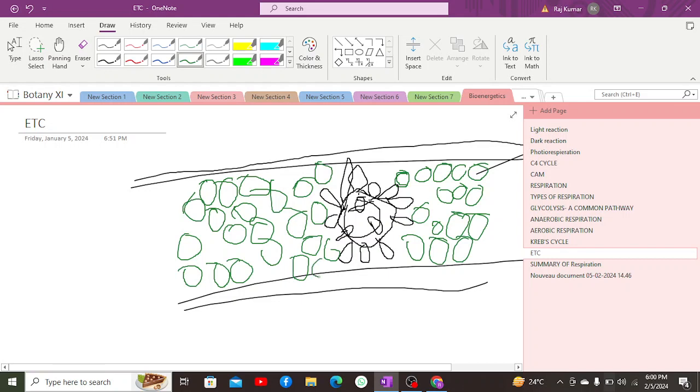Now first let us discuss some features of Kranz anatomy. This is the structure in which the anatomy is obtained. I know it's a bit messy, but you can better acknowledge it. Now here what we are going to do is study the structure. The C4 plants have dimorphic chloroplasts, whereas usually plants have monomorphic chloroplasts, but here we are having dimorphic chloroplasts, such that in